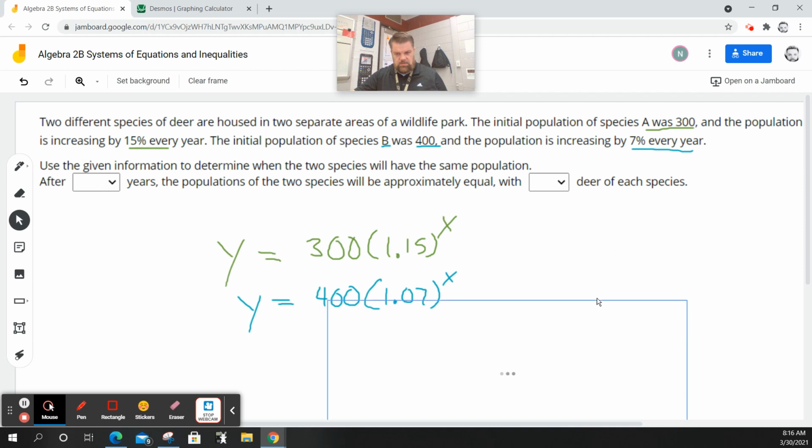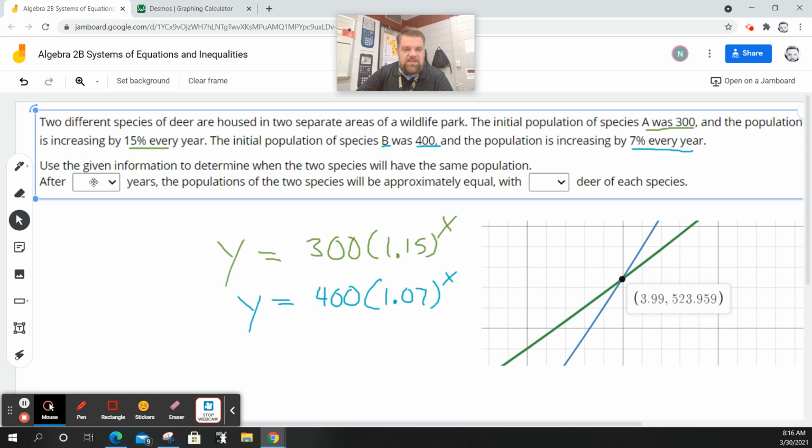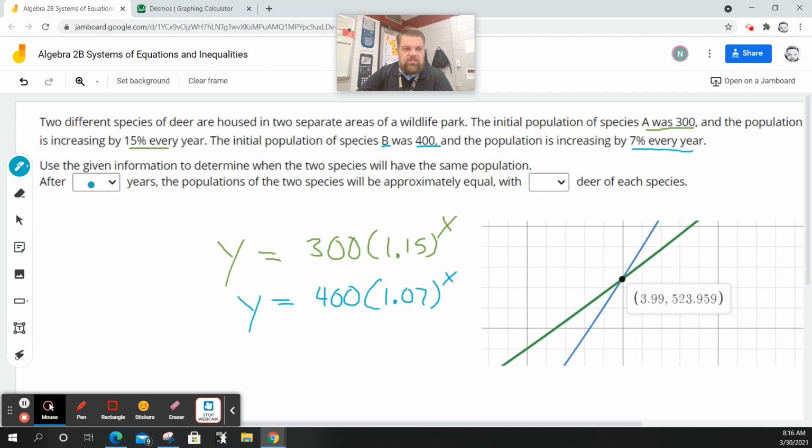So let's paste that there. I'm just graphing both of those. Did I do it again? I don't know if the green is the green one and the blue is the blue. It doesn't matter. So anyways, after about 4 years,